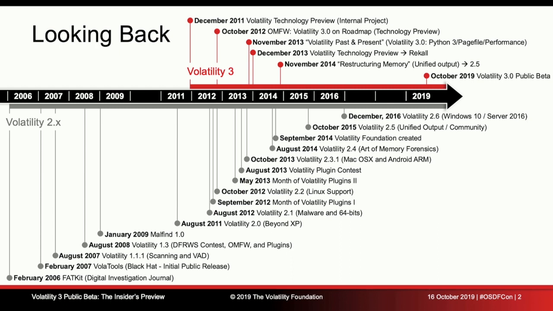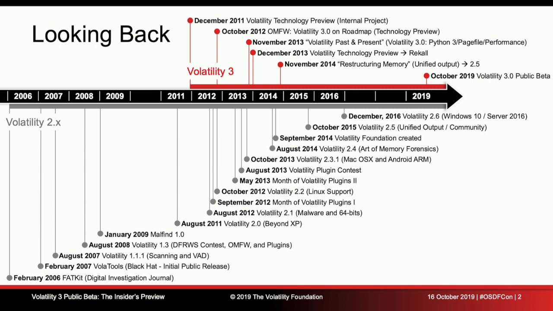And we got Volatility 2 coming out with XP support, Volatility 2.1 coming out with malware and 64-bit support, and every year or so, actually, we jumped a bit and did a 6-monthly release. We were coming out with new features and releasing extra bits and pieces. Somewhere around